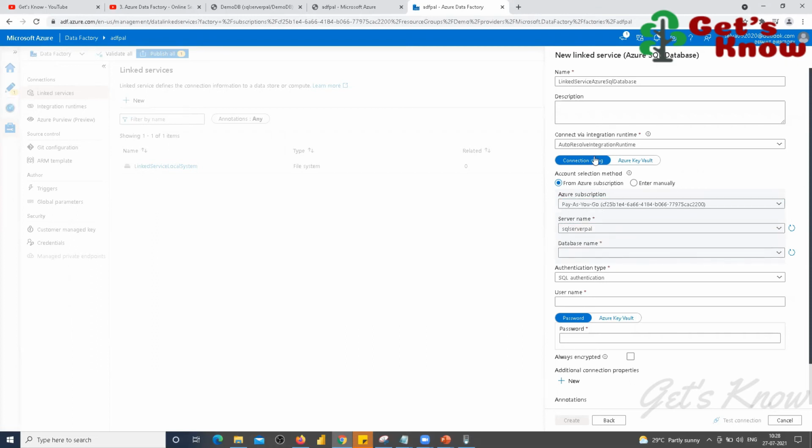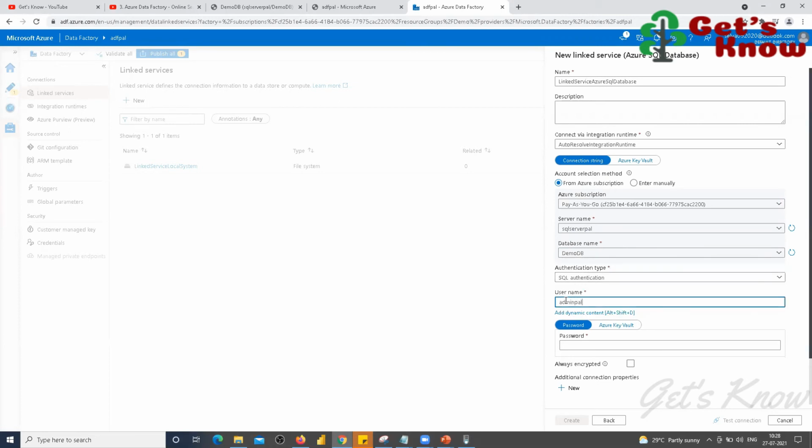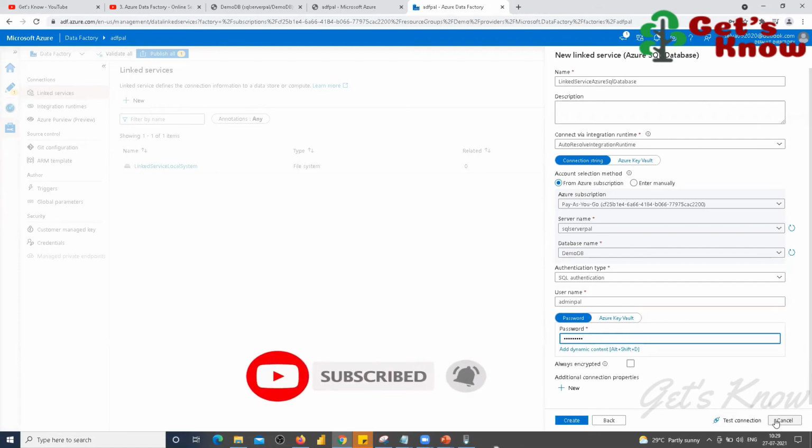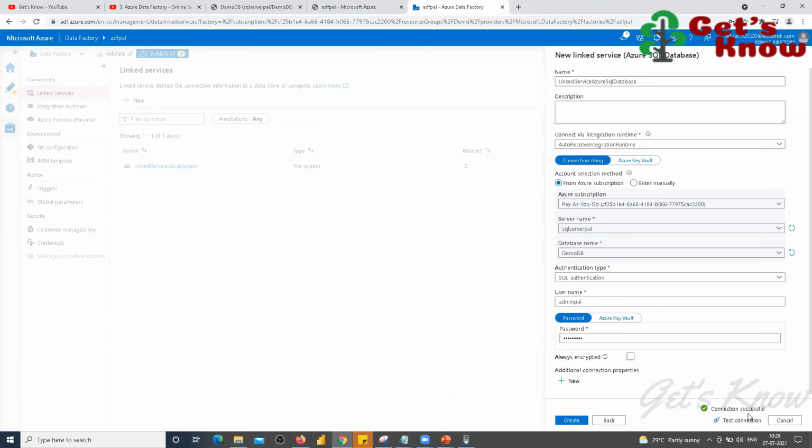In the linked service, this is my Azure subscription, this is my server name, and in this server, this is my database with SQL Server authentication. So this is my username and my password. I'm checking whether this connection is working. Yes, it's working fine. Then I can create it.